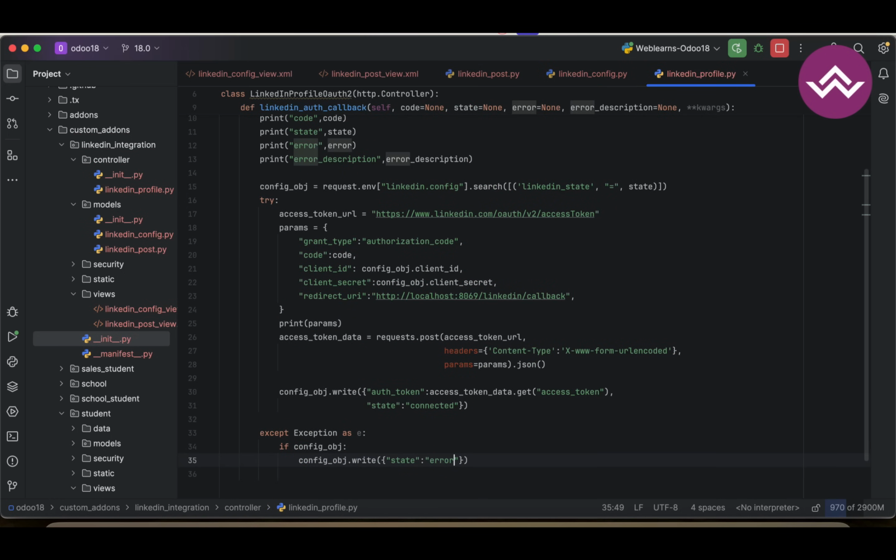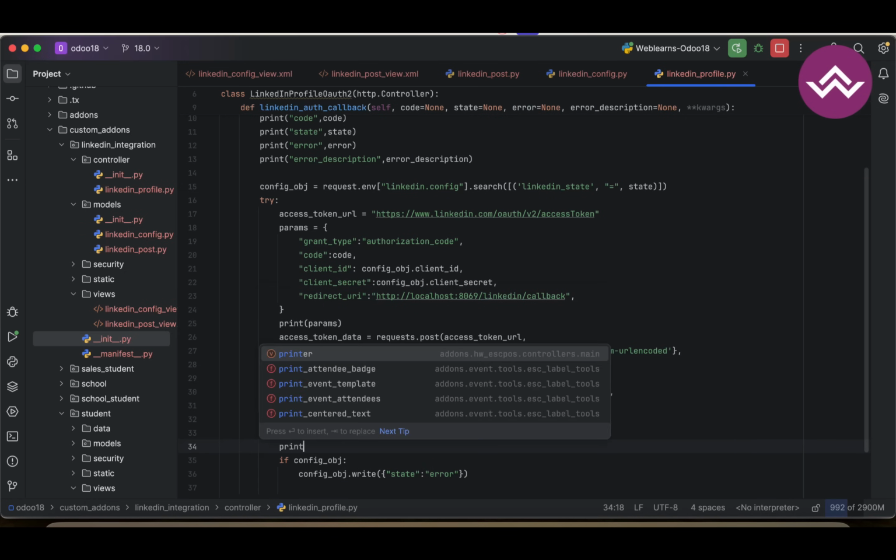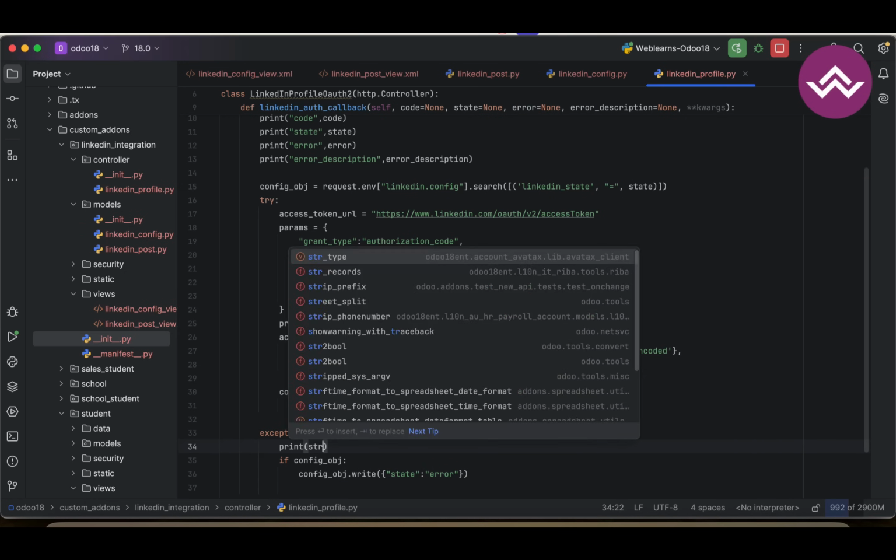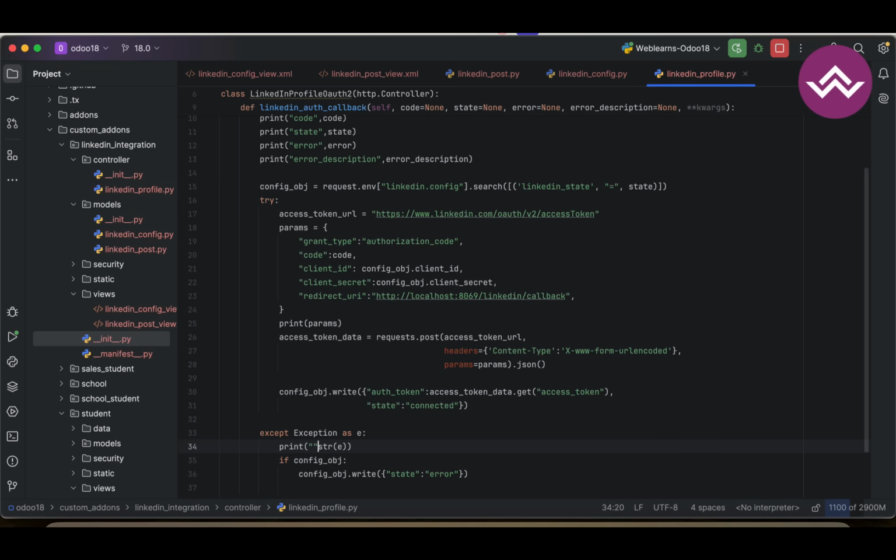Yeah, sorry, in the post we have failed, right? Okay, and let me print here that error message. Alright,